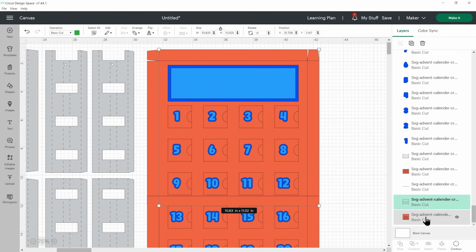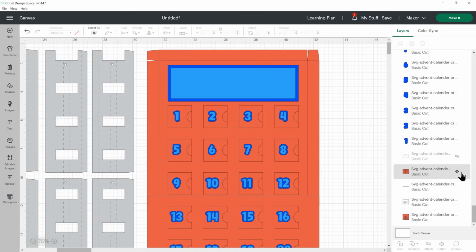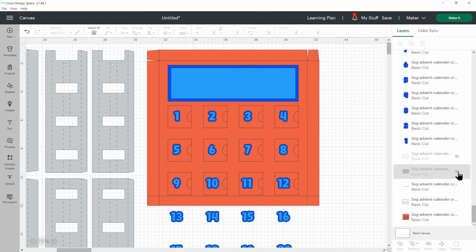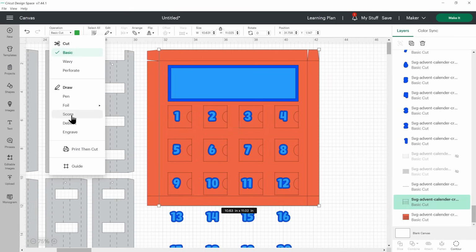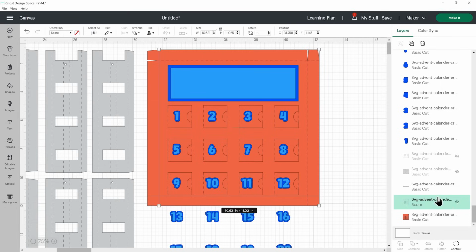It's right down the bottom of the layers panel, and this one works very similarly to the last. Just hide those top 2. And now we've got these. So I've got my red. I've got a layer above it, which looks green. Remember, green means score. So change that to score. And then one on top, which is just one solid line. This is so that we know exactly where we'll stick the other half to.